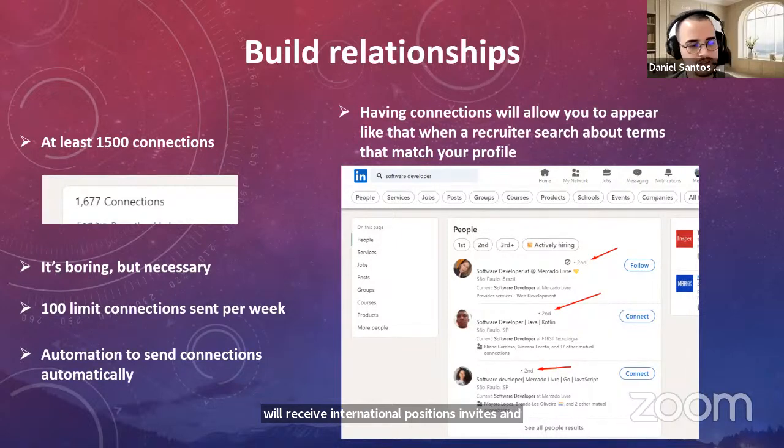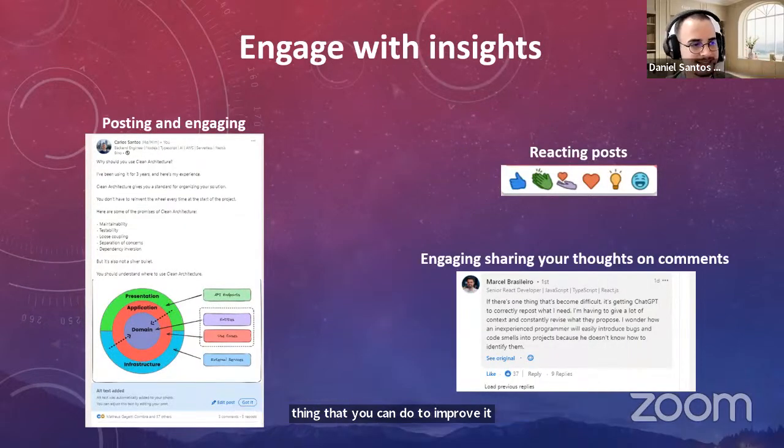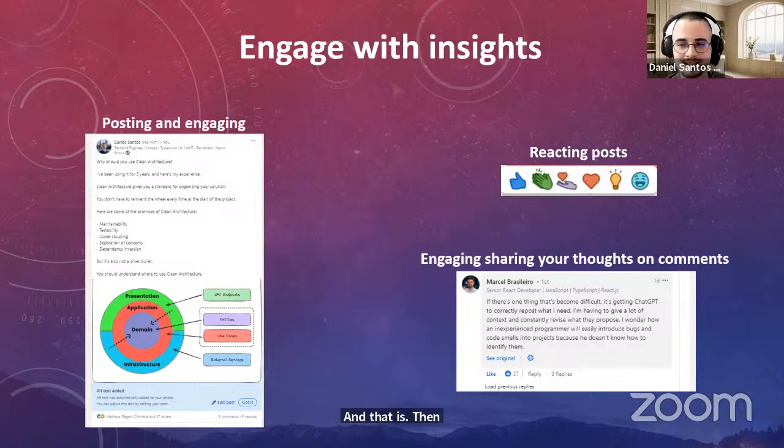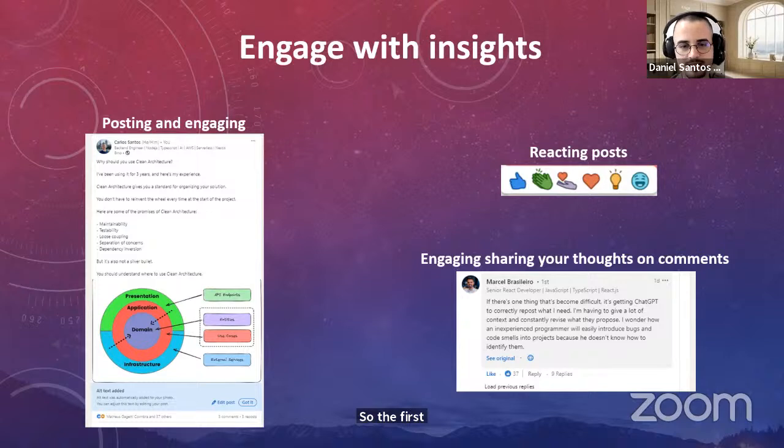But if you're still not having your score higher than your network, there is one more thing that you can do to improve it. And that is the engage with insights step. How could we improve our engage with insights score? So the first thing, we need to react to posts, interact with the LinkedIn community, and create posts that will interact with people in your network,